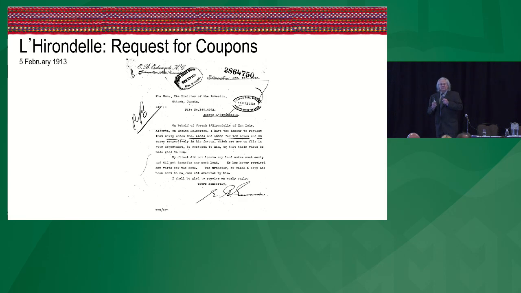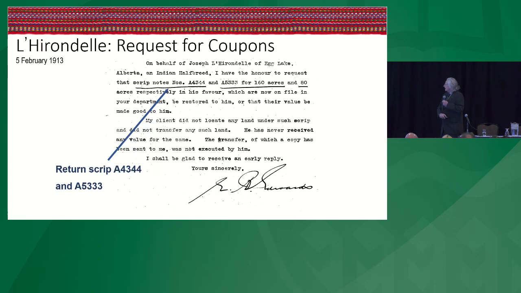Okay, so the thing is that the Métis pushed back, especially in Alberta, and thank you, because you created records, you didn't get justice, you created historical records, and it's given me something to do with my spare time. So what happens in 1913 is through a lawyer, the Rondeaux say, we didn't get our coupons, give us our coupons. We want them back. And they initiate an action in the Exchequer Court, which is the equivalent of the federal court. They have the numbers, and their lawyer is Edwards.